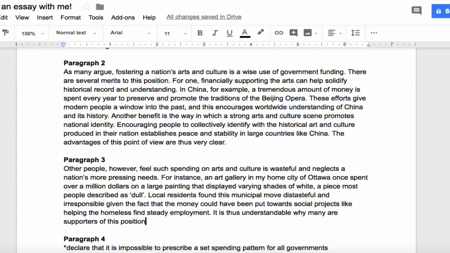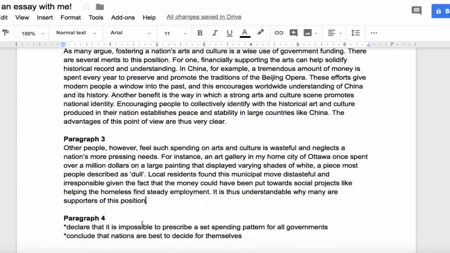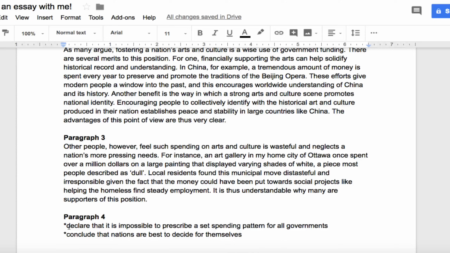conclusion paragraph. But as I was saying, my feeling on the matter is that you can't really say one way or the other how governments should use money, whether they should absolutely not put any spending into arts and culture, or whether they should commit a lot of it to arts and culture, because it's going to be different depending on the country's needs. So that's what we're going to say here in the fourth paragraph. Now, I've already noted to myself, declare that it is impossible to prescribe a set spending pattern for all governments, and conclude that nations are best to decide on spending rates and amounts for themselves. So that's what we're going to